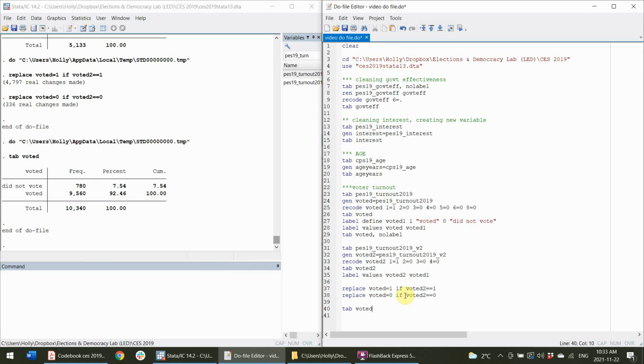All right, so that's the example. So we had voter turnout, which is a binary variable, and it was a tricky one because we had two variables we had to put together and we relabeled things. We have age, which didn't have a lot of things that needed to get done to it. Interest didn't have a lot that needed to get done with it. Government effectiveness, if I was to do this again, and you can edit things here, I would probably